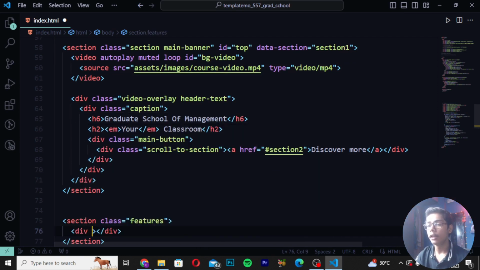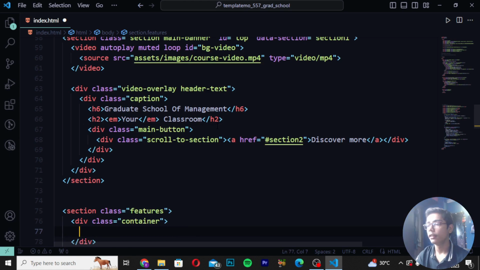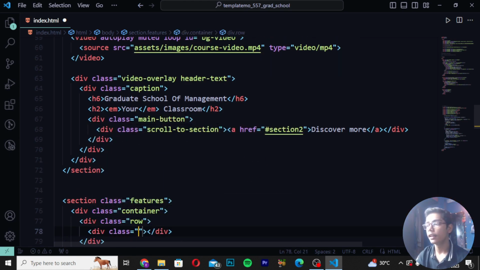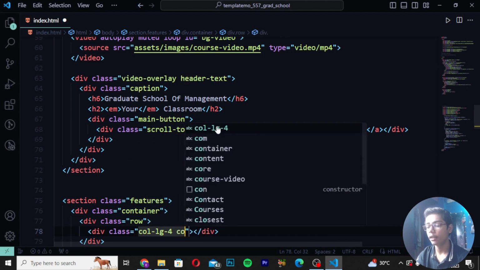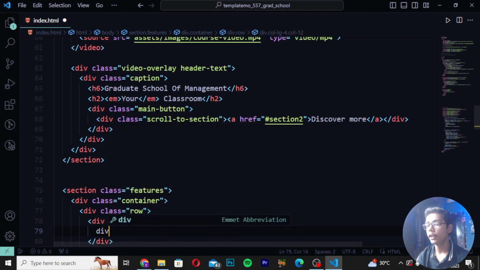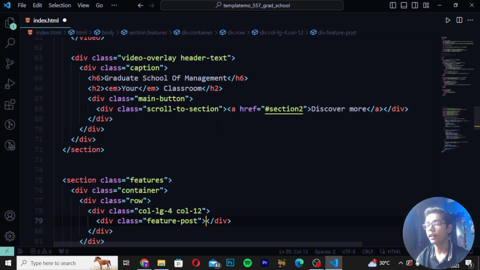Then I will now be writing here div class as container. Then here you have to create div class row. Then here you have to again create a class as col-lg-4 and write here col-12. Now you have to write here div class as feature post, and I will be writing like